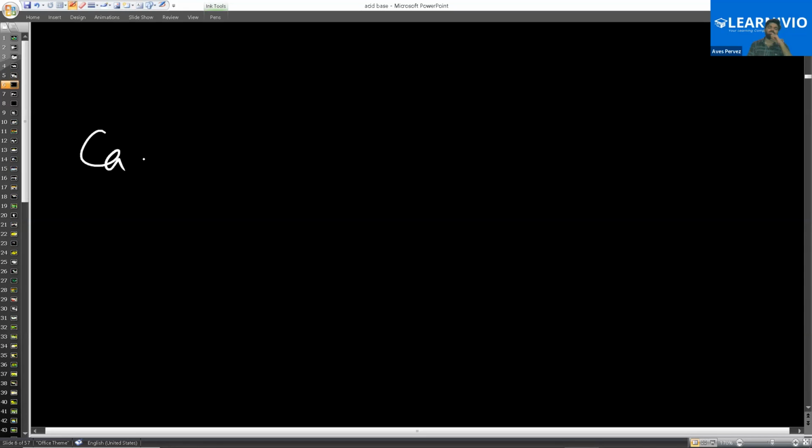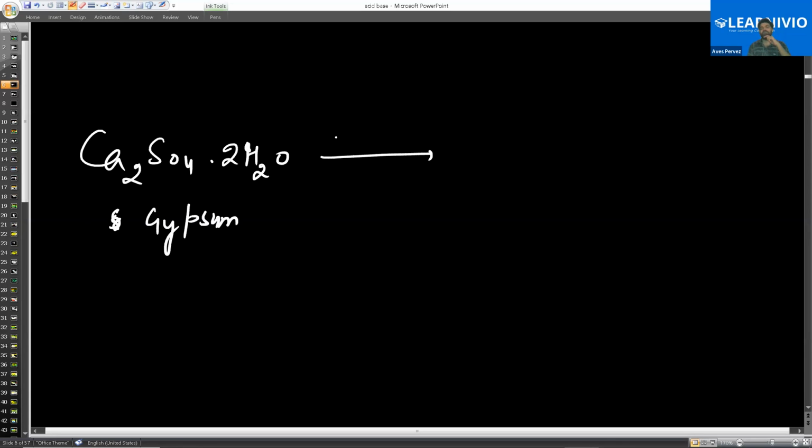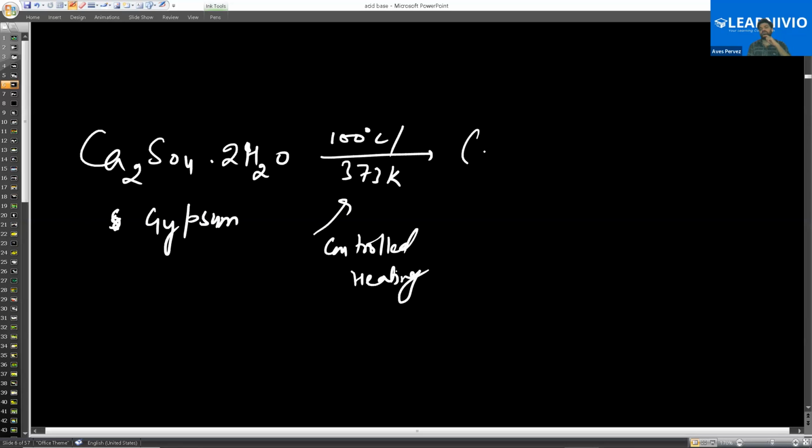Next one is CaSO4·2H2O, calcium sulfate dihydrate. This is gypsum. When you heat it at 100 degrees Celsius or 373 Kelvin, this is called controlled heating. Temperature should not exceed this. Then it will give you CaSO4·½H2O